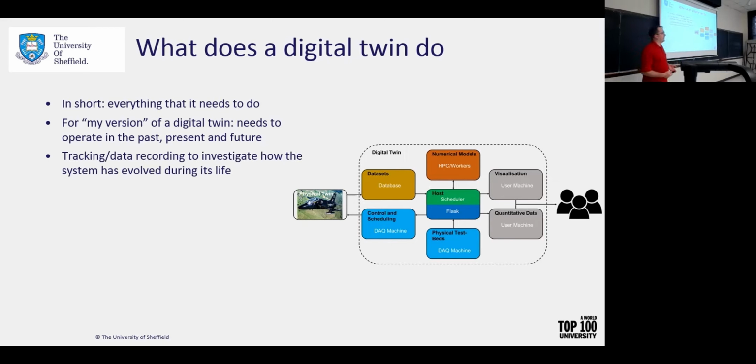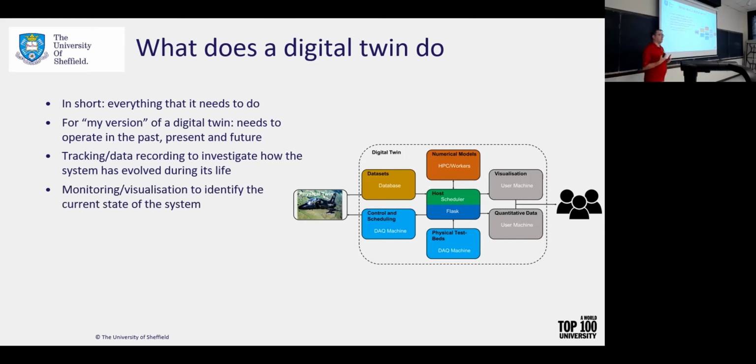So within the digital twin, I feel it has several components that relate the user to the physical system itself and all the data associated with the digital twin. The digital twin should have some tracking or data recording to investigate how the system has evolved throughout time. When you talk about reactors and aerospace systems, they have very long lifespans, 20, 30, 50 years. In order to get a better idea of how that will degrade in the future, it's very important to know how it has degraded in the past. So you can infer information from the past data, or even transfer the information from one reactor to the next reactor. You can learn something from your asset rather than just having everything be ad hoc.